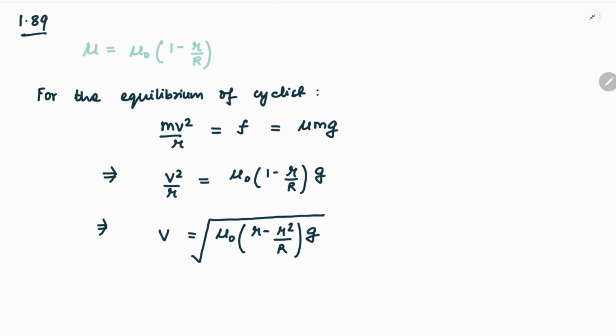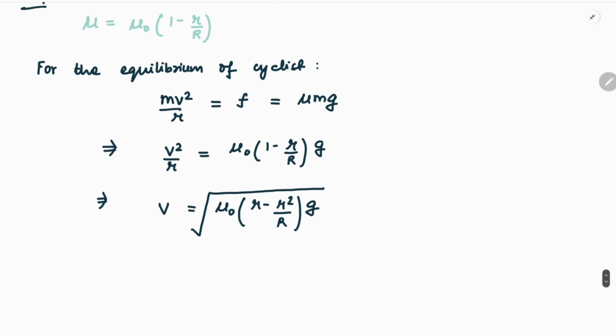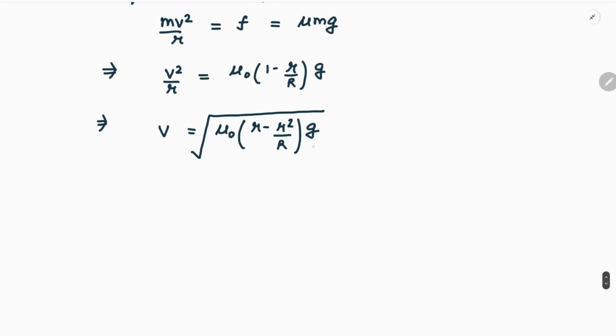Now the problem is asking us to find the radius of the circle with the center at the point O along which the cyclist can ride with the maximum velocity. So we have this expression for velocity, but the problem wants maximum velocity. So if we maximize this function, this function of r is to be maximized. Therefore for v to be maximum,